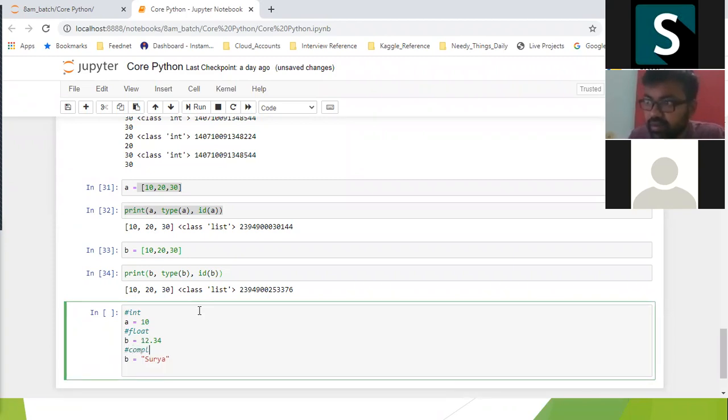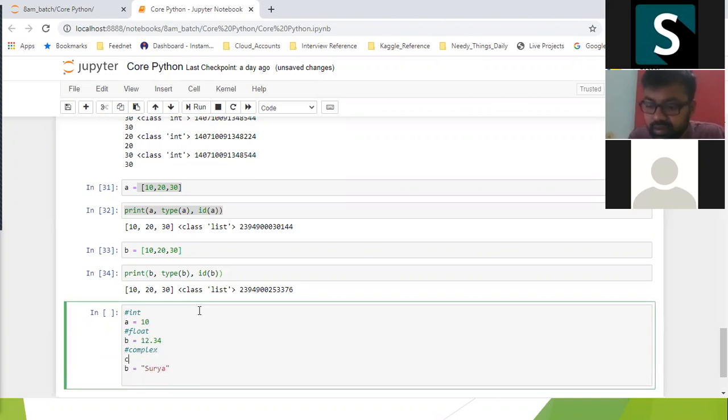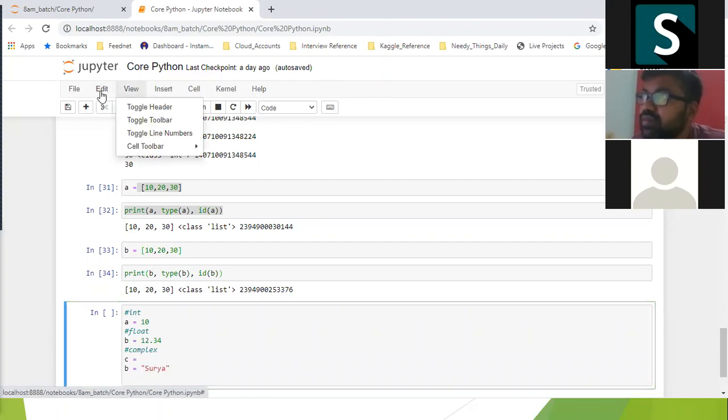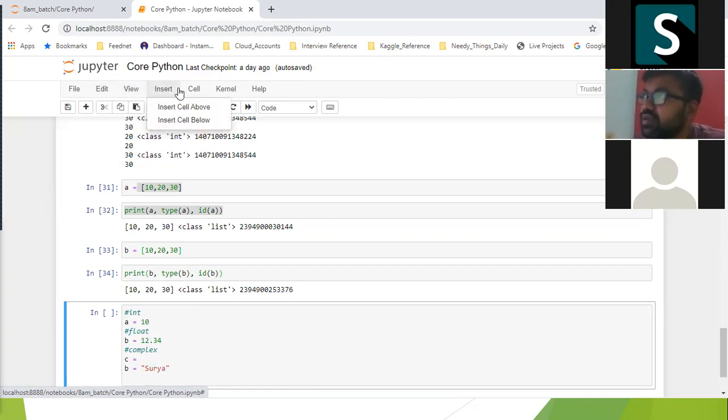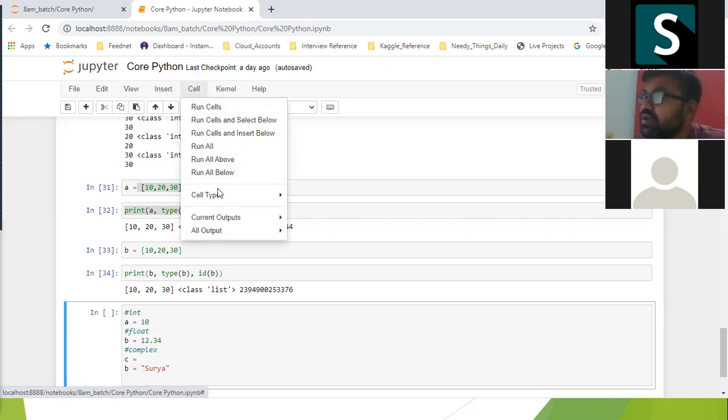And we have complex. Sir, instead of clicking the plus button, is there any shortcut to add the next line? No, as of now, no. Maybe some buttons will be there for a new cell. Actually, we used to get all the shortcut keys here; now they are not giving them. How did you go to the next line without printing a?